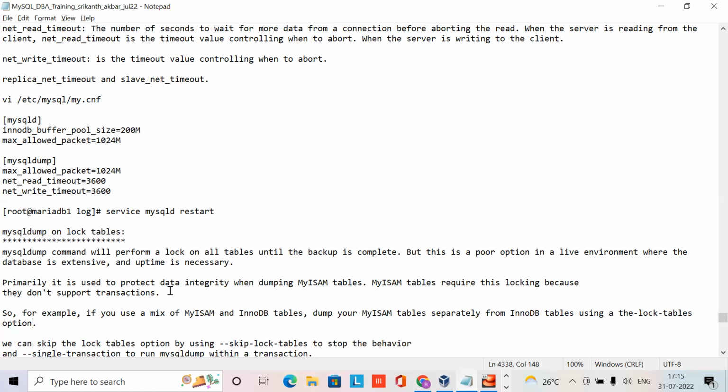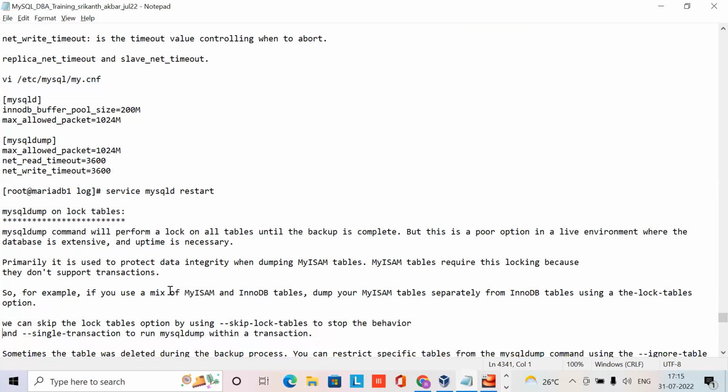Right now, almost 99.9% of tables, which tables are they, InnoDB or MyISAM? 99% are InnoDB only, right? So if locking applies, I can use skip lock. We can skip the lock tables option by using skip-lock-tables. In real time we will use this one only. I don't want to apply the lock on the tables, so to stop the above behavior,